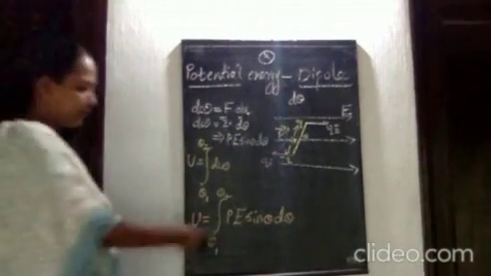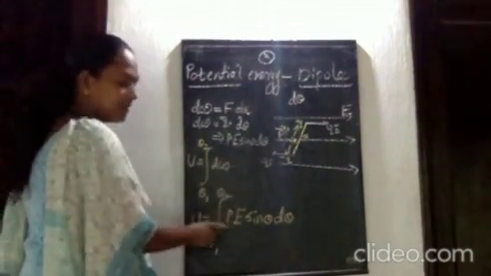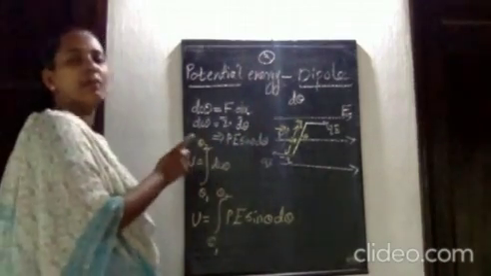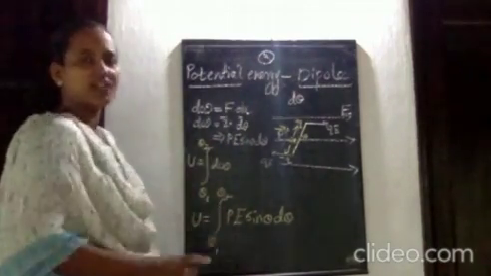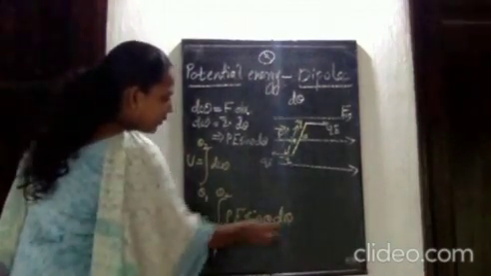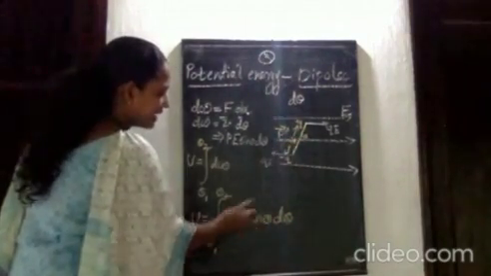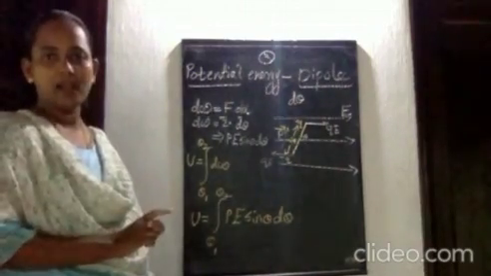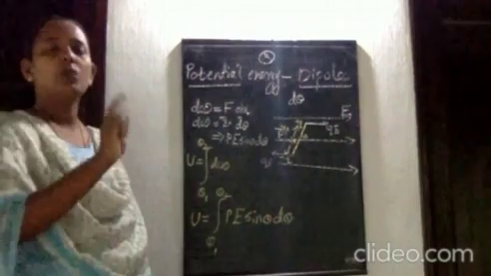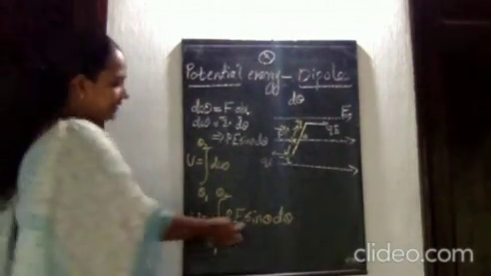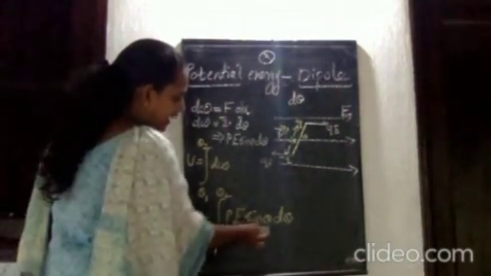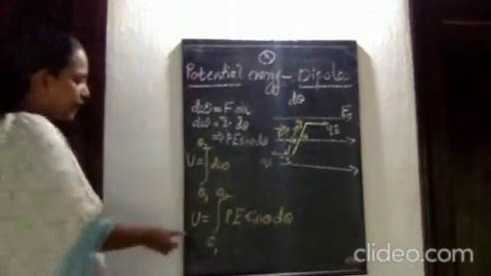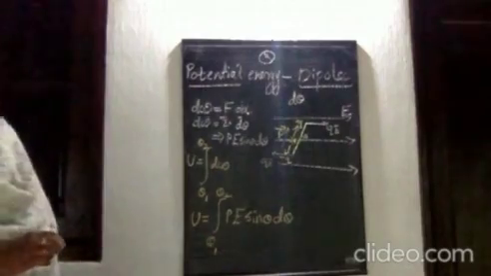Here the dipole moment P is constant because that is Q into 2A, and E is the external uniform electric field, therefore that is constant. And the variable is the angle. The angle is varying as a sine function, because we are rotating it. The other two quantities are constant. Therefore, you have to find the integral of sin theta d theta to find the total potential energy.